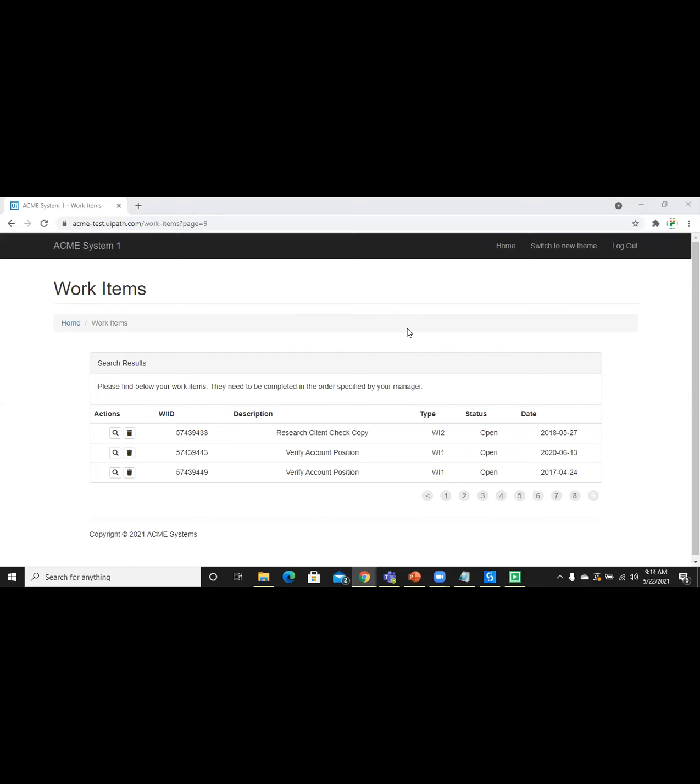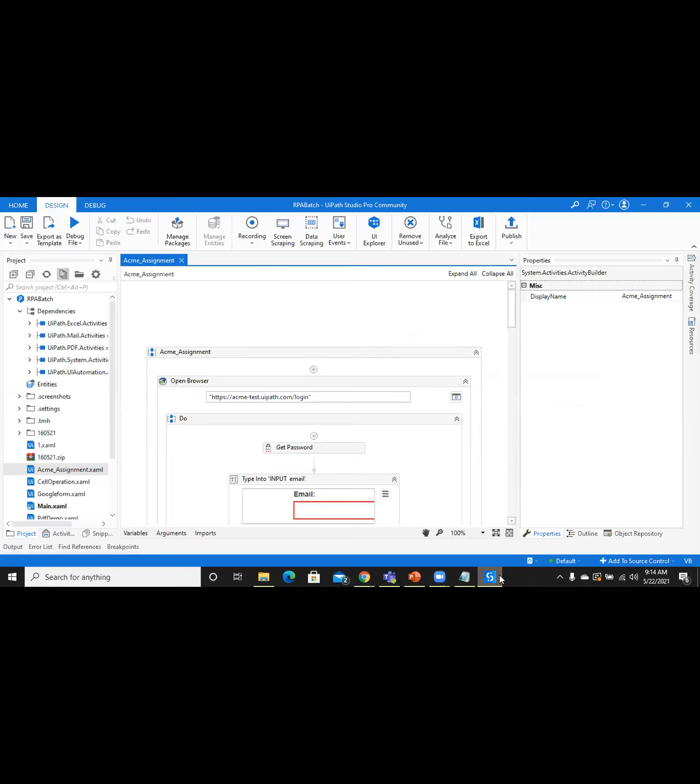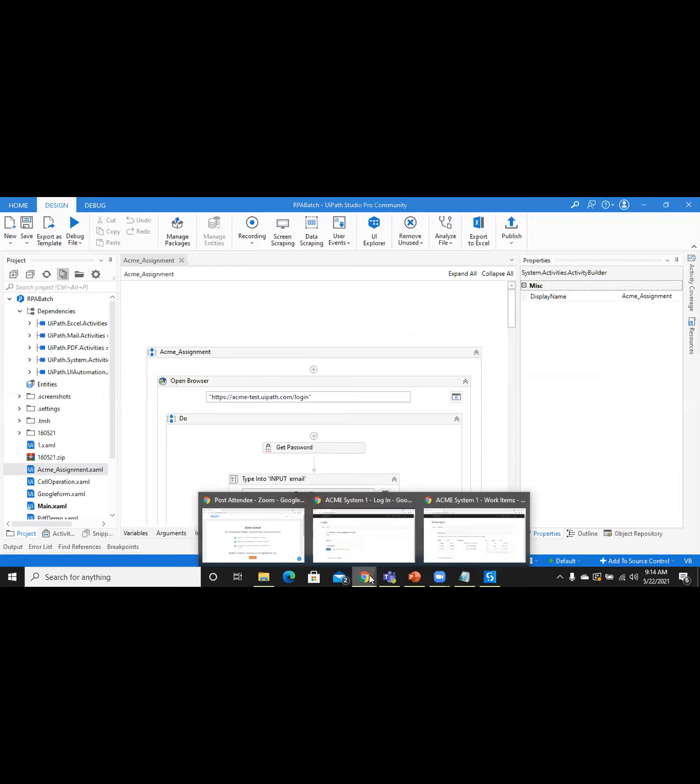So at the end we should have received one email. The bot has completed its operation. Let's go to my email ID.